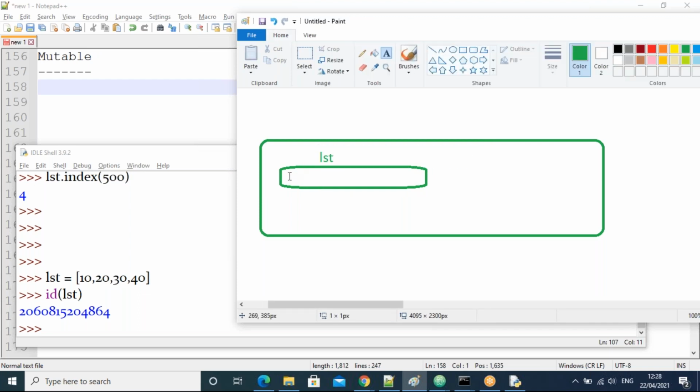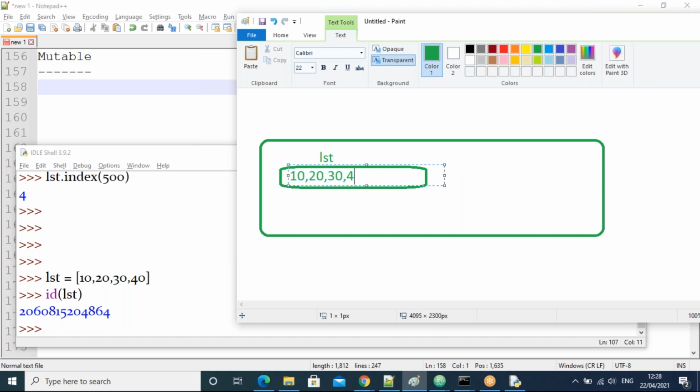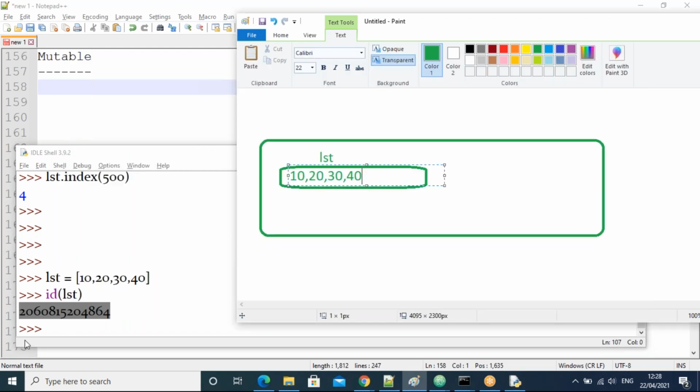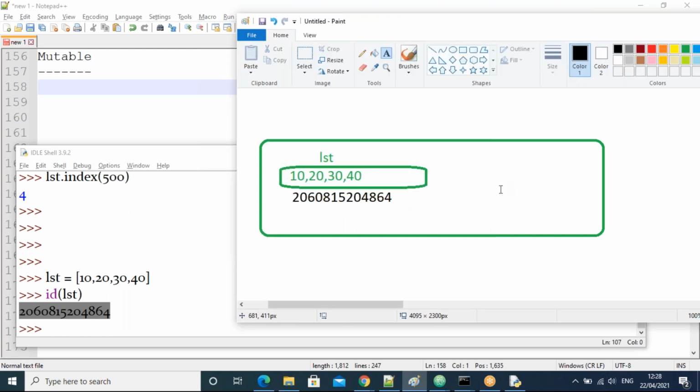What are the current values? 10, 20, 30, 40. And what is the current address? This is the list object's address. The list is created at some location, and the address ends with 4864.